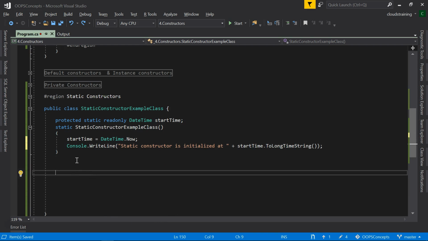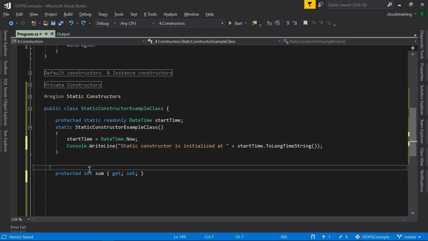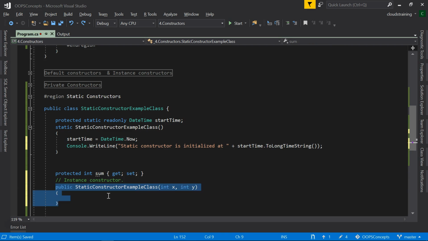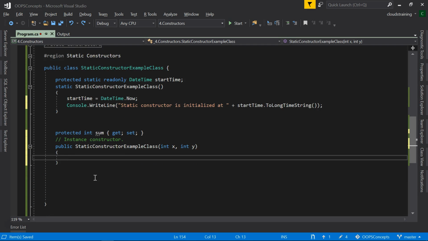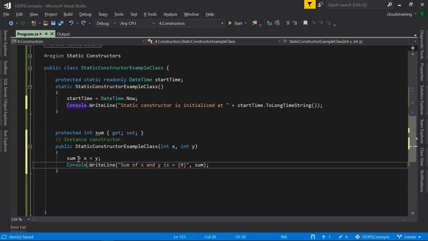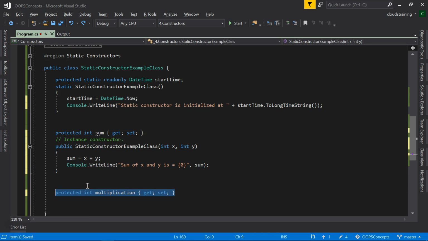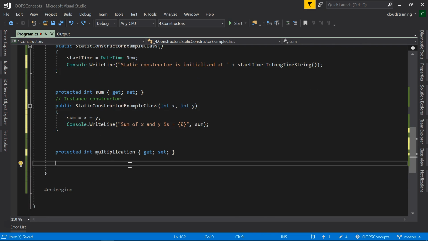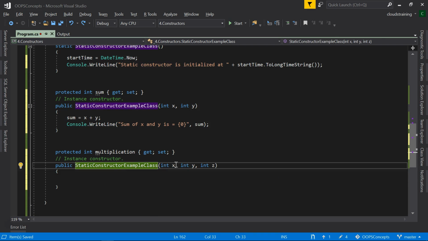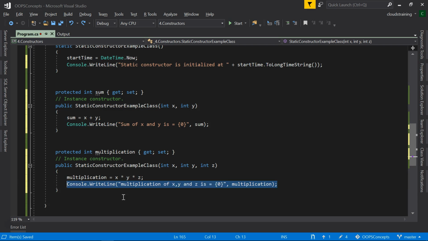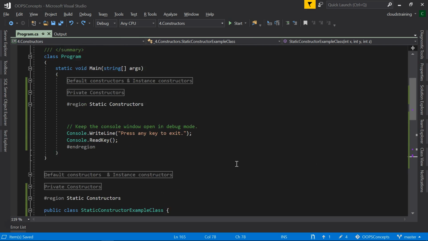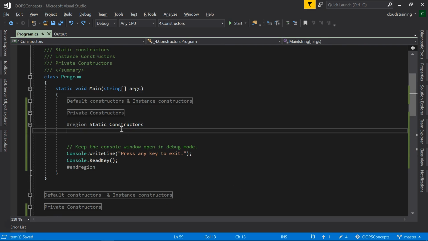Also we will create two instance constructors. For that we will create two constructors, one for sum and another for multiplication. Let's create the sum and print that to console here, and another constructor for multiplication. In this we will add x, y and z, create the multiplication and print that to console. Here in the main program,